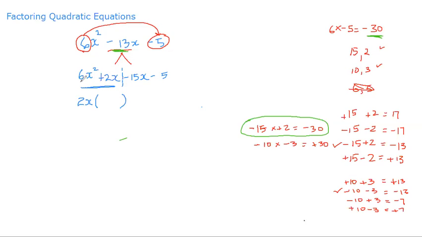So 6x squared divided by 2x, I'll just do it quickly in the corner here as a quick refresher. We can treat it like this in our